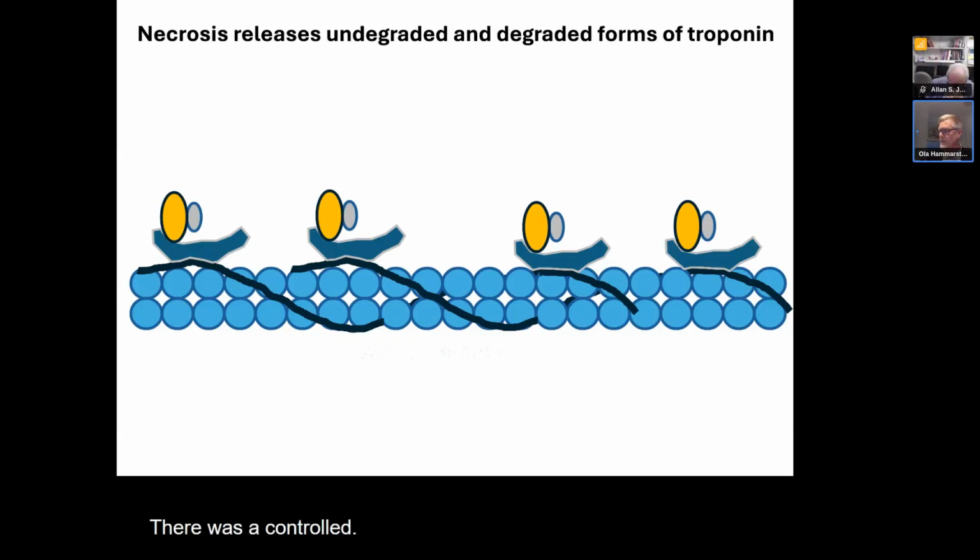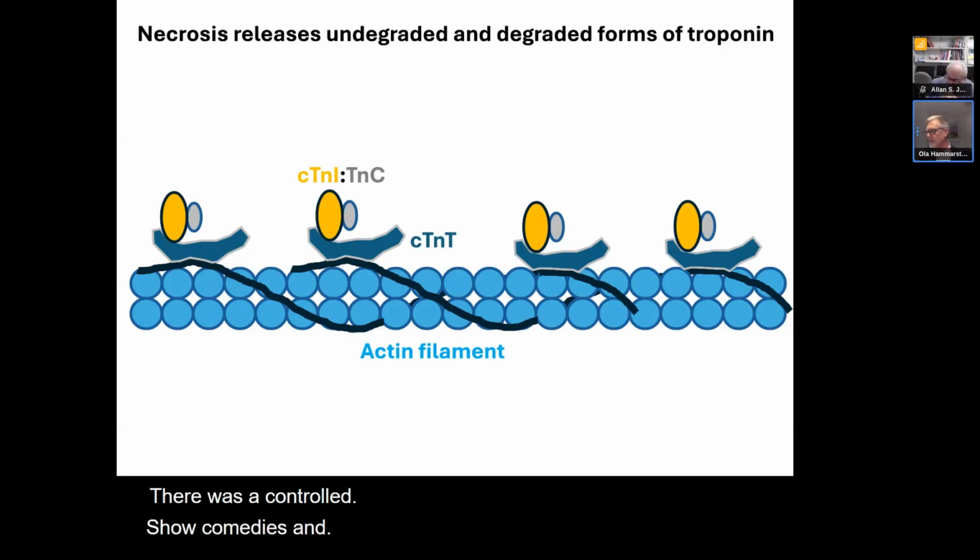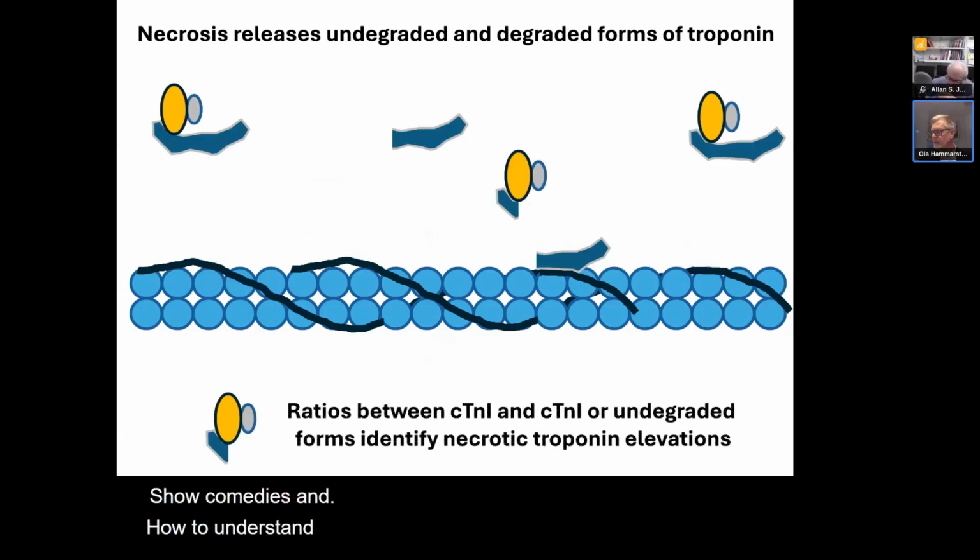In the next slide, you see there's another assay developed by Sara Whitfoot in Finland that shows the same performance. In that case, she's measuring a longer version of the troponin T that is non-degraded. Using that assay, she can separate troponin elevations due to end-stage renal disease from myocardial infarction. And this type of assays seem to have a very good promise in the future in the clinic if they